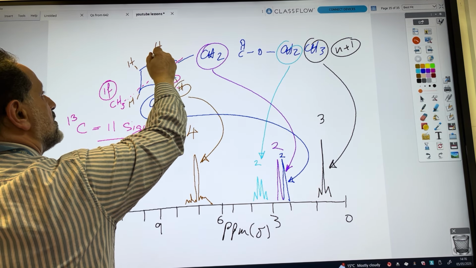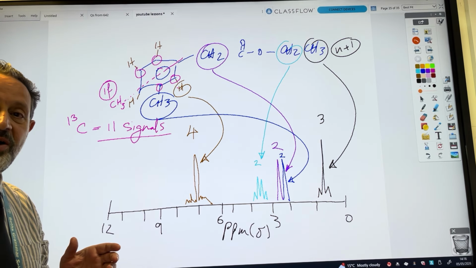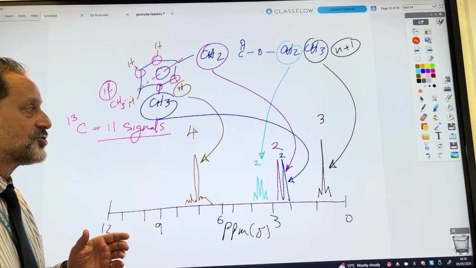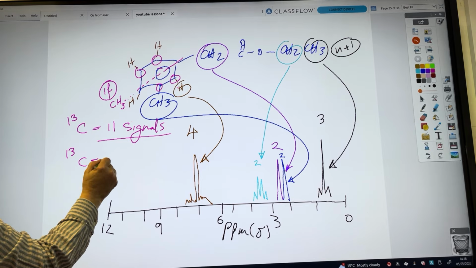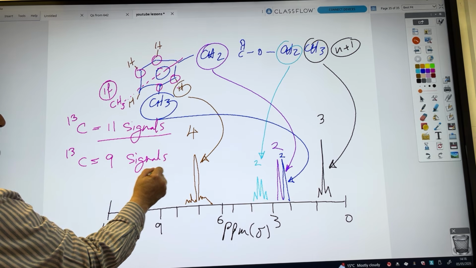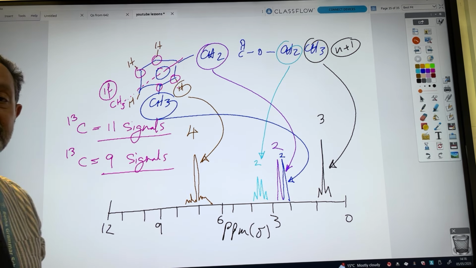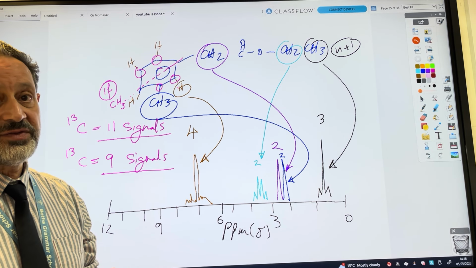Which means these 2 and these 2 are going to be identical carbons. So you will have your carbon-13 with only 9 signals. And that way you can tell which isomer it is, which is also part of the deal as far as